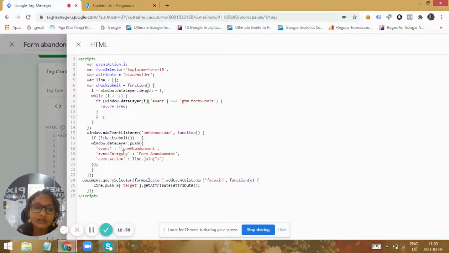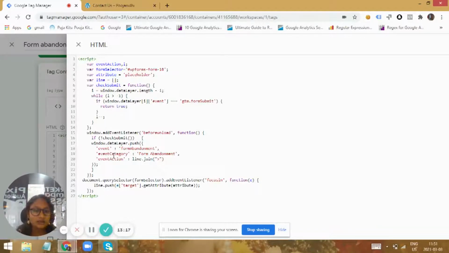Then we need to intimate Google that the form abandonment has taken place, and anything we want to coordinate with Google, we can do only through the mediator called the data layer. The data layer is an array. We need to push all the events or the data related to that particular action into the data layer, and the data layer would communicate this to Google, and further we can analyze the form abandonment data in Google Analytics. As this is a form abandonment action, we need to send an event called form abandonment, with the event category and action. We can also send a label and a value related to a particular event.